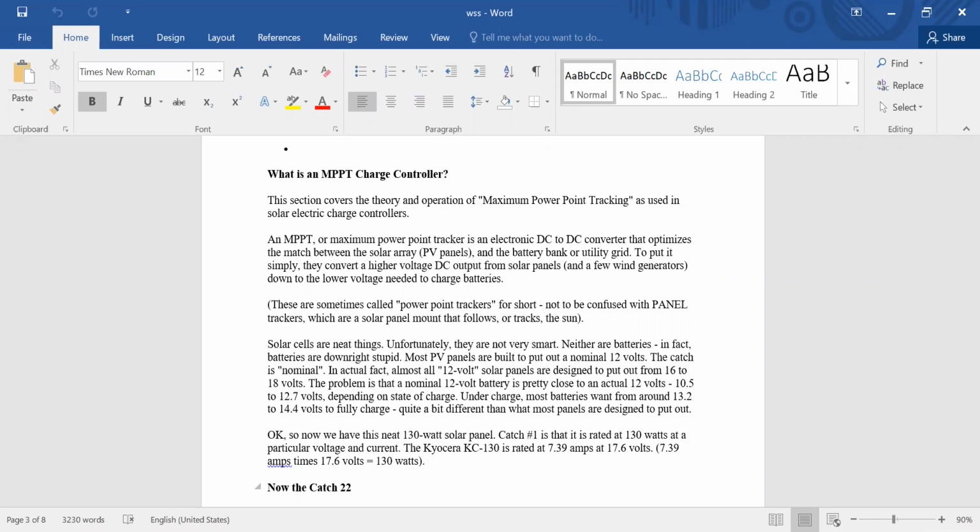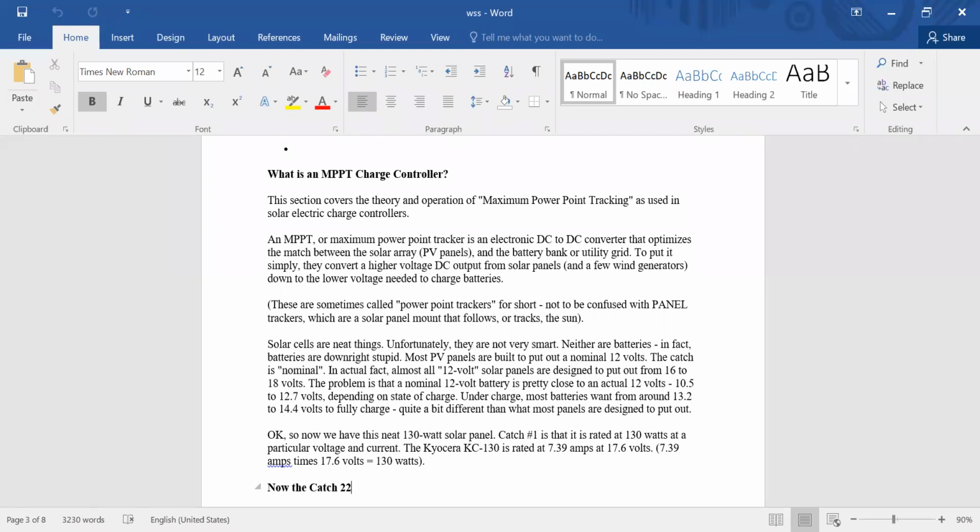The problem is that a battery's nominal voltage is pretty close to 12 volts, between 10.5 and 12.7 volts, depending on the state of charge and how we're charging it. Under charge, most batteries want 13.2 to 14.4 volts fully charged.